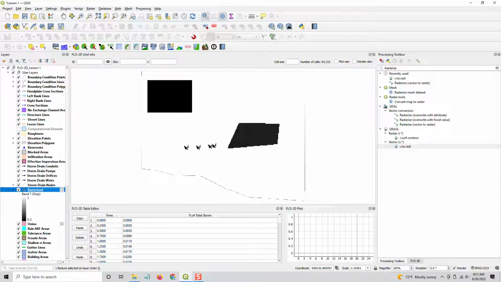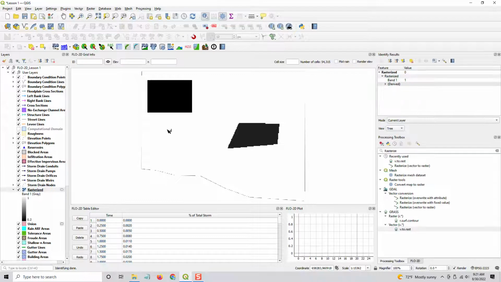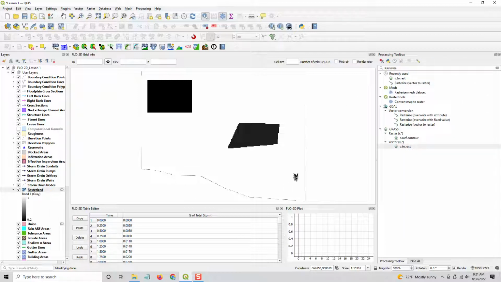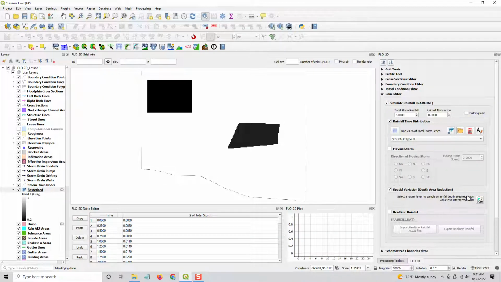So if I hit my ID tool on this right here and I click on it, you'll see that indeed that rasterized perfectly. So now we can just use this raster to set our rainfall values. So back to the Flow2D widget, and all we need to do is make sure that this box is checked